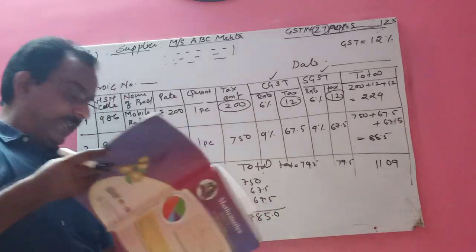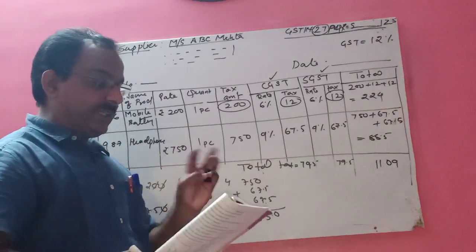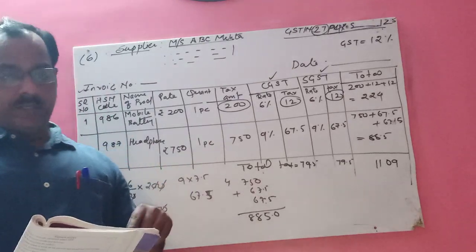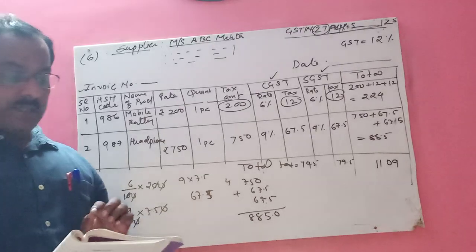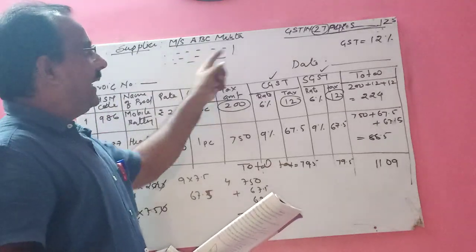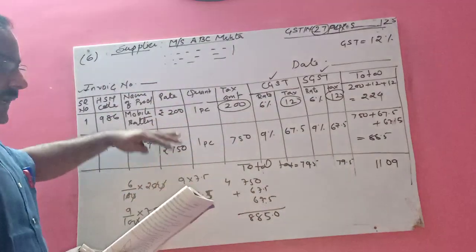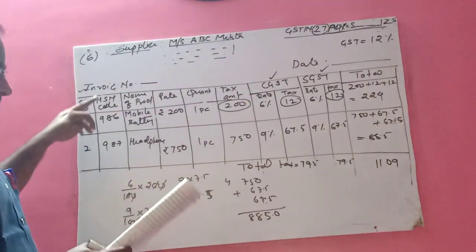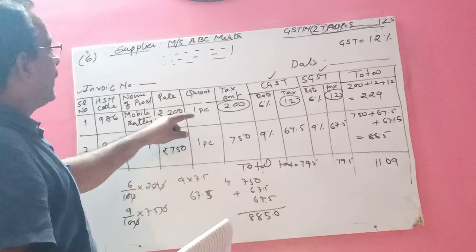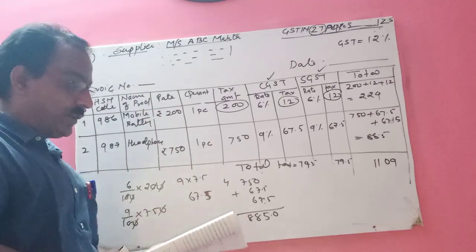And children, if you turn to page number 94, question number 7. So it is the same problem. I am just reading it to you. This is business to business, means B2B. The first one is B2C. So business to business tax invoice as per the details. So again you will write here supplier name, then its name, address, and here GST number, invoice, then date, and this way you will make the columns serial number, then HSN number, then name of the product. So rate 200, quantity 1 piece. Like this you will write everything, children, and complete your tax invoice for question number 7.